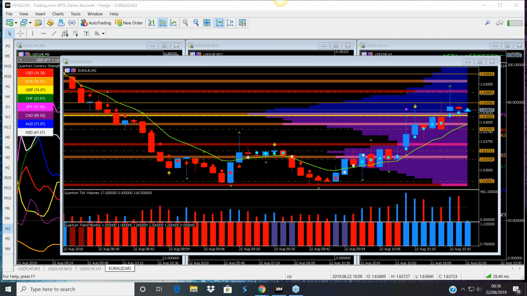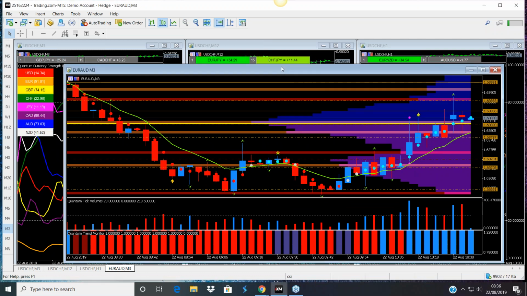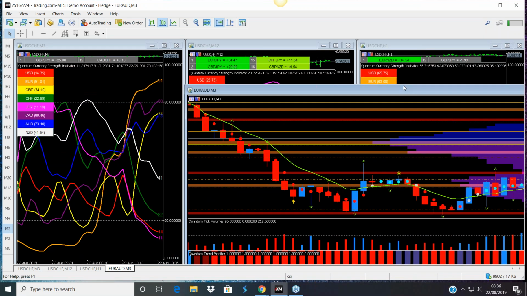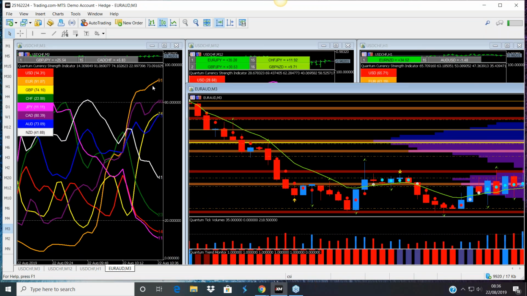Just want to end with the Euro Aussie because we have congestion on the 3-minute. Looking at the 3-minute CSI, we can see the line, the euro, moving higher. There's also going to be some kind of reversal for the euro. It's very, very overextended on this time frame, but certainly at the moment not against the Australian, because the Australian